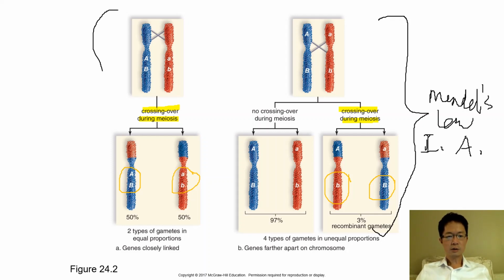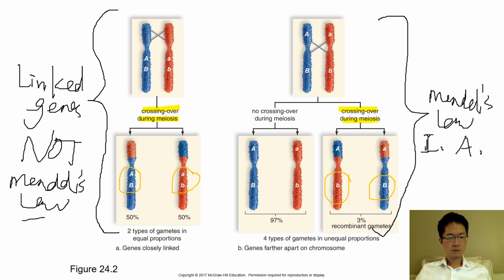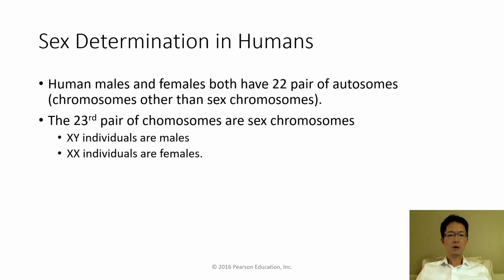For this one, they're the linked genes. They do not follow Mendel's law of independent assortment. Okay, how do we